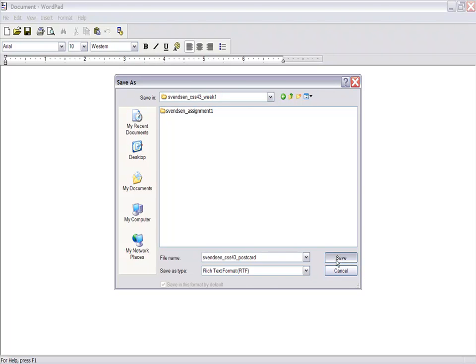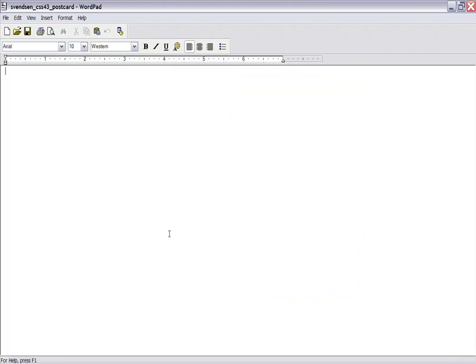We're going to hit save, and notice it's RTF. If I select here, I get Unicode. I don't want that. And I get a TXT document, but I just want RTF. I hit save. Now I can say, hey, having a great time in